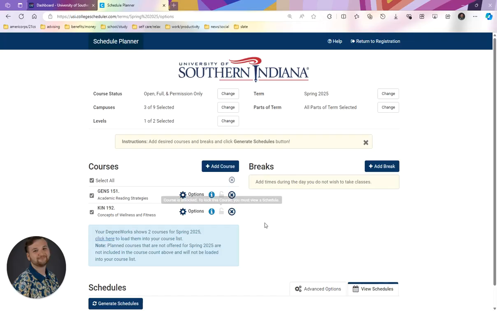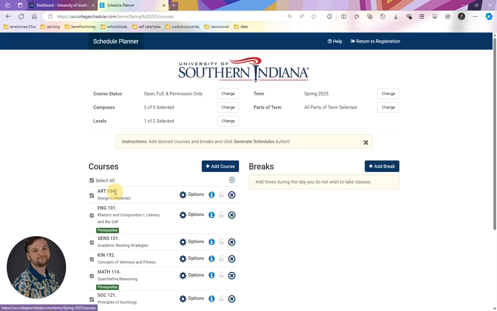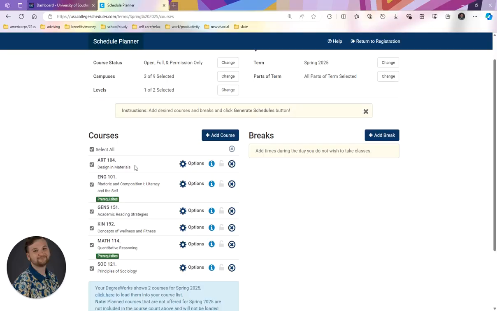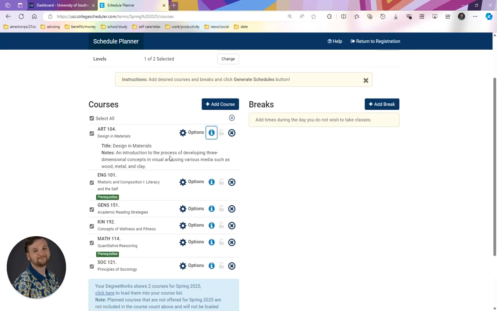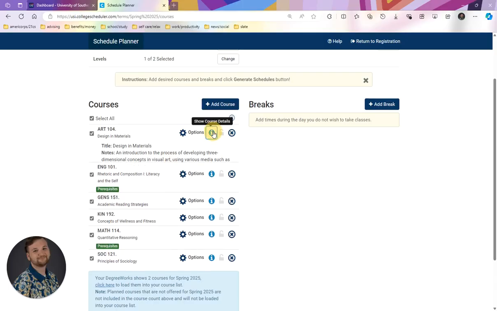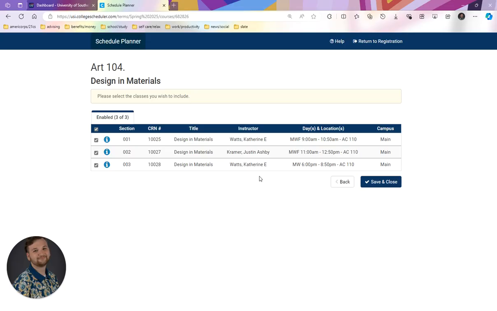Then your advisor might have already put some courses into your schedule planner for you to look at. But I'm also going to include some other courses here as well. So let's pretend that you just met with your advisor and these are the courses that they're suggesting that you take for spring. In here you'll see the classes will be here. If you click on the blue eye, it's going to show you the description of the course. And then if you click on options, it's going to give you all the days and times that the course